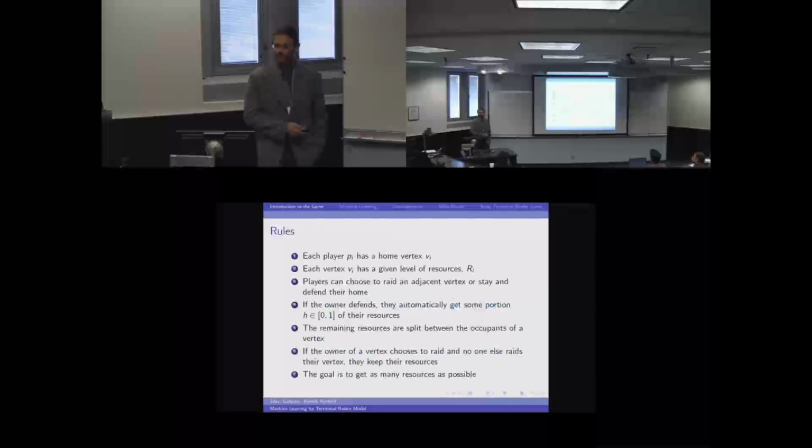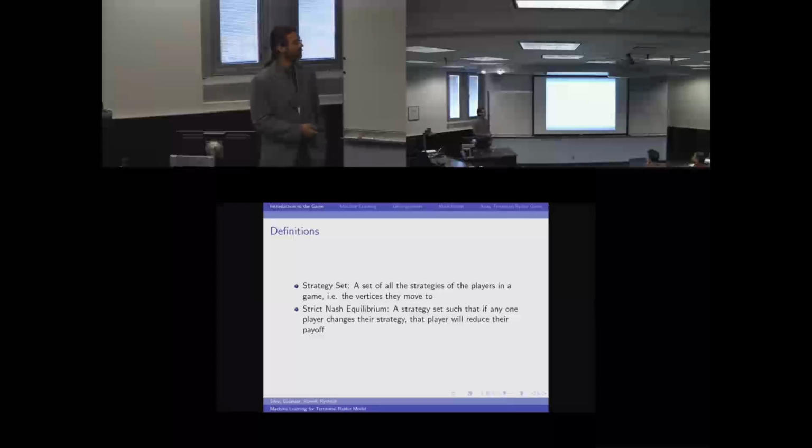Here we have it in some details that will be posted later. The goal of the game is quite naturally to get as many resources as possible. So move somewhere where you can get as many resources as possible. Clearly everybody wants to do the same thing. So as we've seen before, the real goal is for us to find an equilibrium, which is a strategy such that if everybody adopts that strategy, then if I change from that strategy, I'm not really making anything better. So this is the goal for us: find a strict Nash equilibrium. Now this concept naturally falls into what Mark was saying earlier.